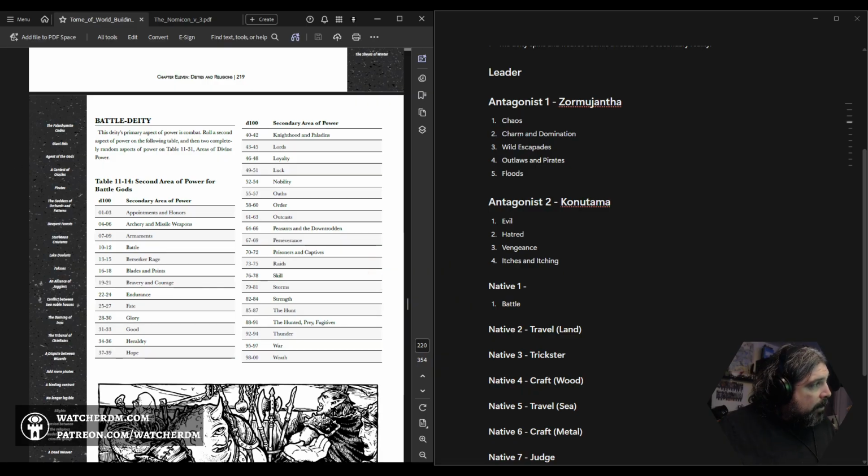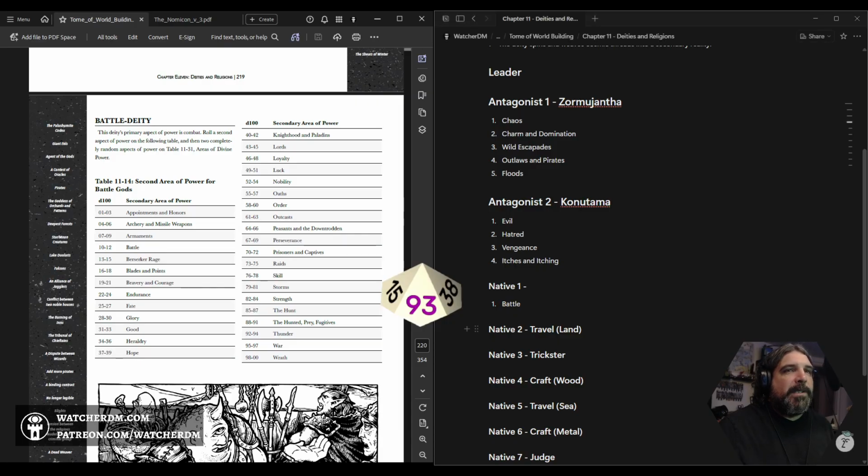So we're going to roll a second one here, a D100. 10. Battle. Dumb. Why is 10 through 12 in the secondary areas of power for battle gods battle? That's pretty stupid.